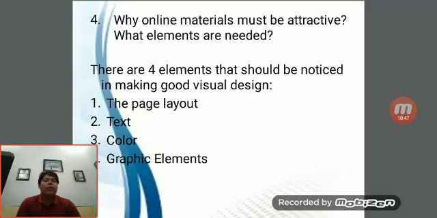And then the line length means that the teacher should not use a line with long sentences. So how about the teacher? It is better to use lines with short or simple sentences that will be easier for students to understand. And the justification on the text,